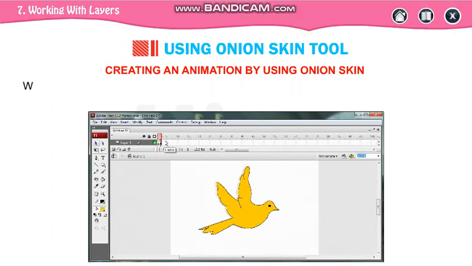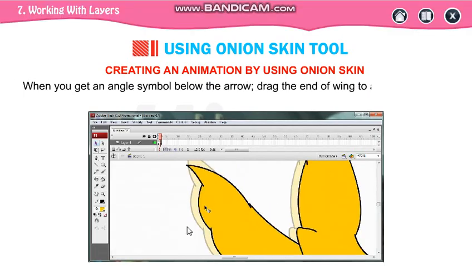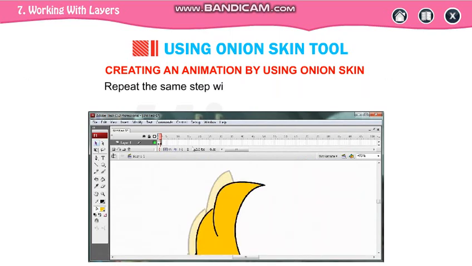Now when you get an angle symbol below the arrow, जब आप select करते हैं तो एक आपका angle symbol दिखाई देता है below the arrow, then drag the wings to a different angle.